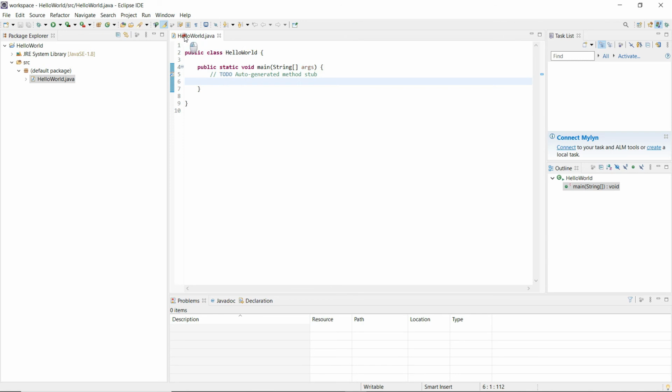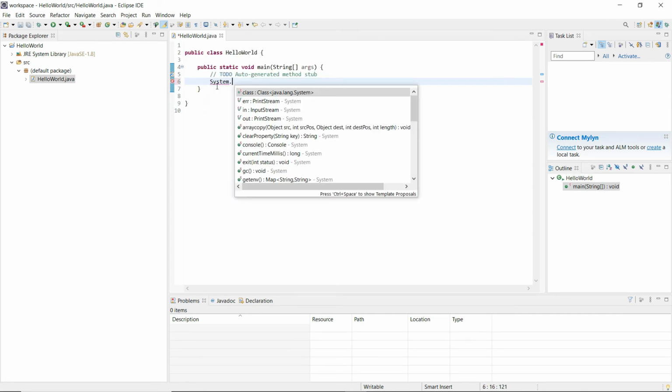So this is the text editor capability, wherein we are able to write the code within the IDE, and some part of the code is automatically generated for us, so that as developers, while writing the code, we'll be making fewer mistakes. As you can see, when I type System dot, it is able to show all the methods and APIs in the System package that I can invoke.